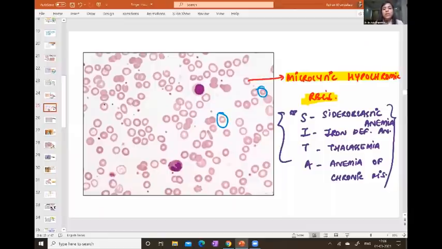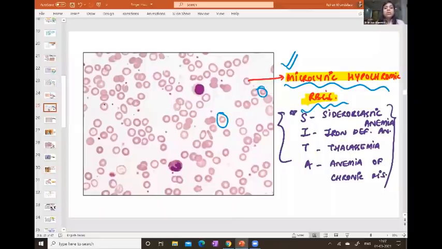They have more than 1/3 pallor, right? So what are these? These are microcytic hypochromic RBCs. Why do I say microcytic? Because they have a smaller size. Why do I say hypochromic? Because their color is not normal. They are hypochromic because they have lost the central 1/3 pallor. A very, very important slide to diagnose. And while working in the labs, we look at this slide the most frequently. Why? Because in India, iron deficiency anemia is very common, right?